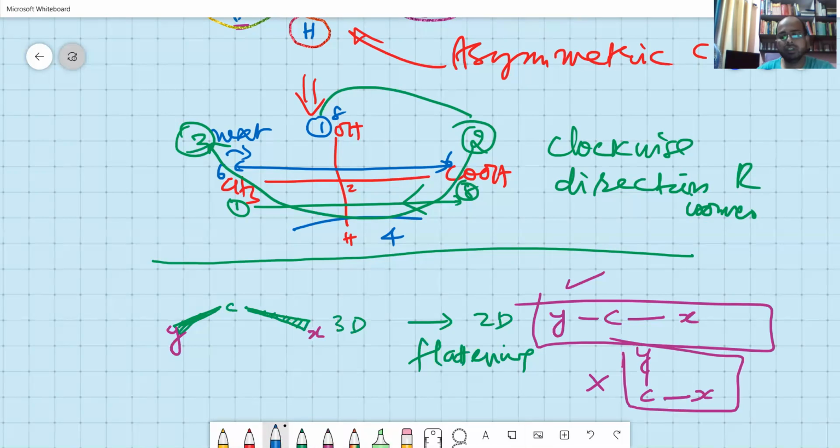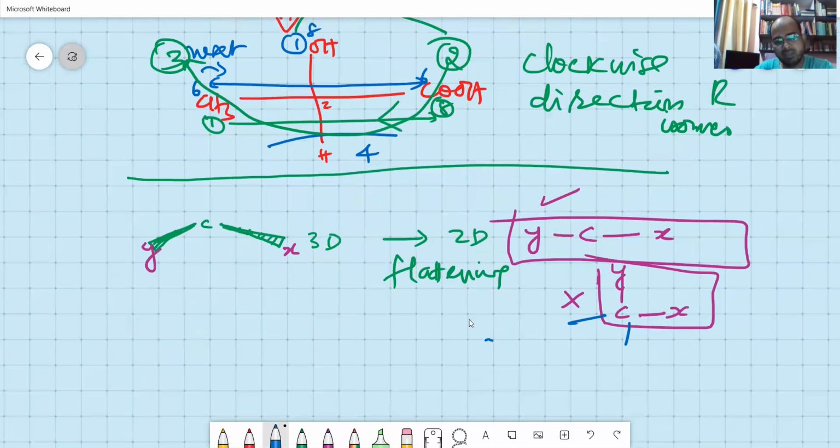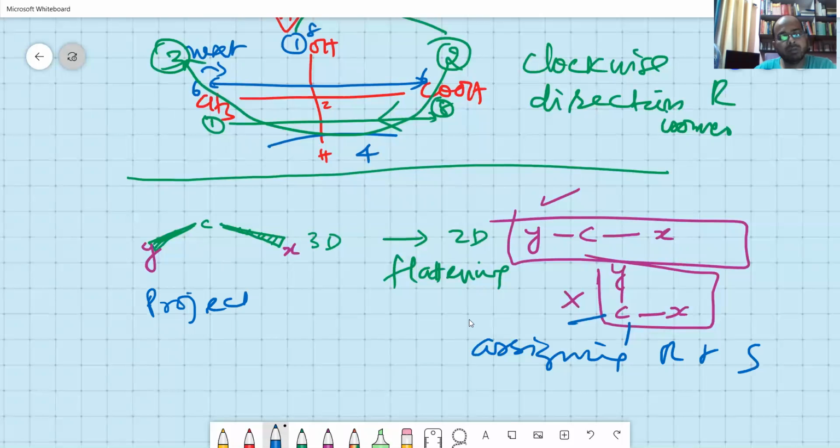You are left with 2 more options here. So while exchanging both of them, you will face problems in assigning the R and S. Therefore, it is very important how you convert the projection formula into this plain 2D formula, and projection to 2D formula. Then it is followed by